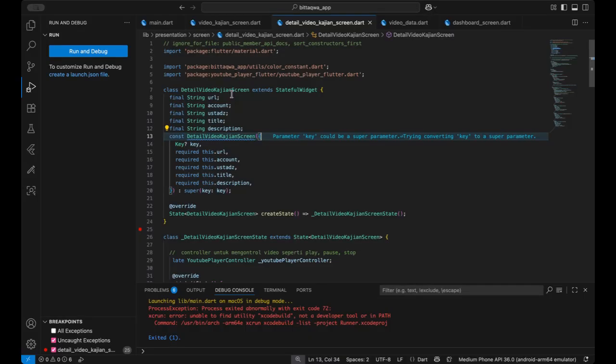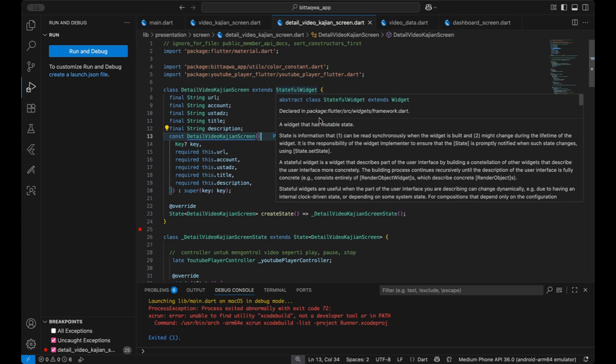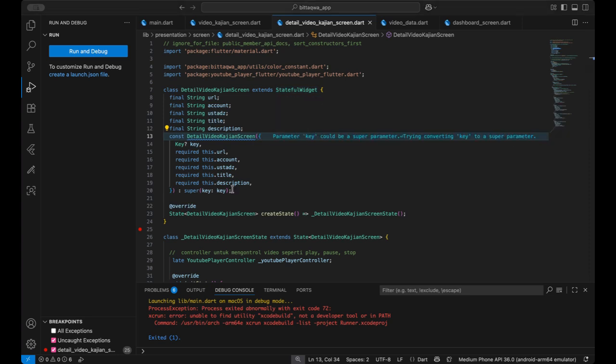Here, class DetailVideoKajianScreen extends StatefulWidget. I define five data fields that will be received from the previous screen: the URL, the account name, the Ustad name, the title, and the description. I use final String url, final String account, final String ustad, final String title, and so on.